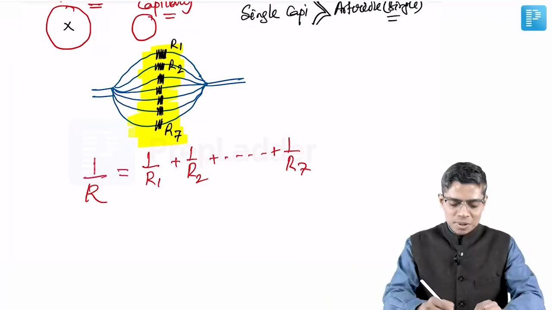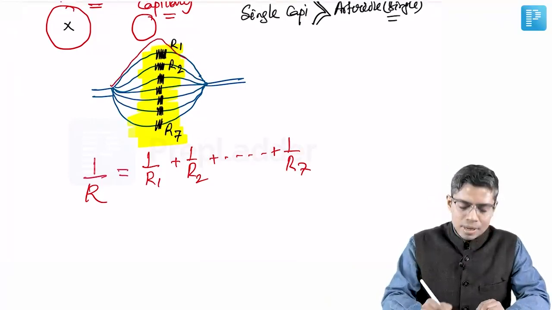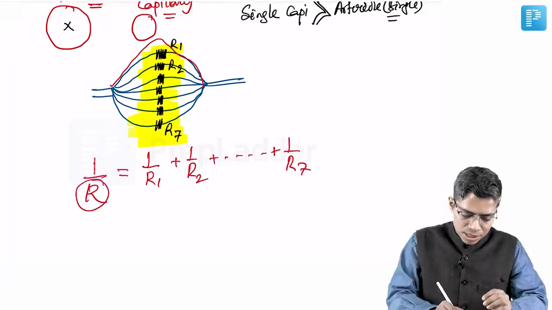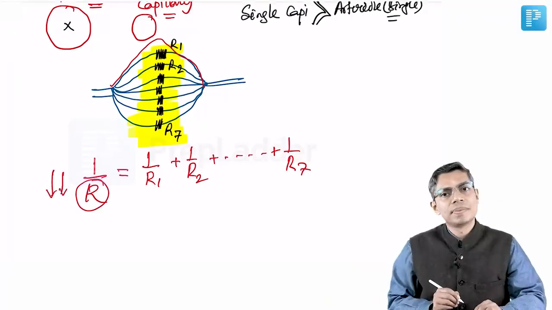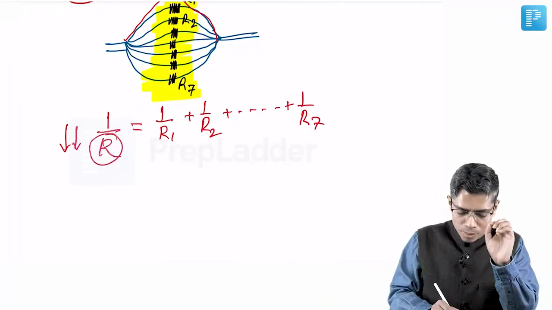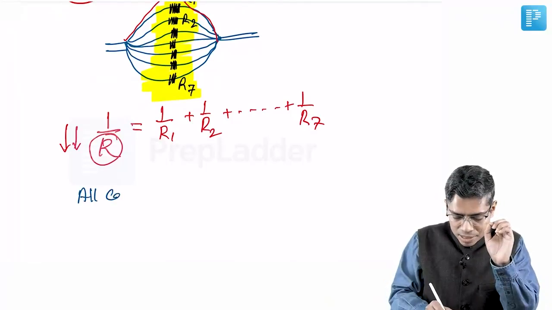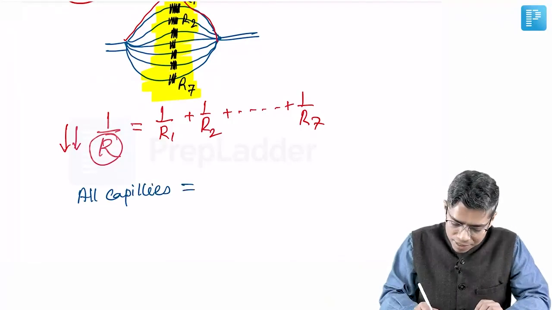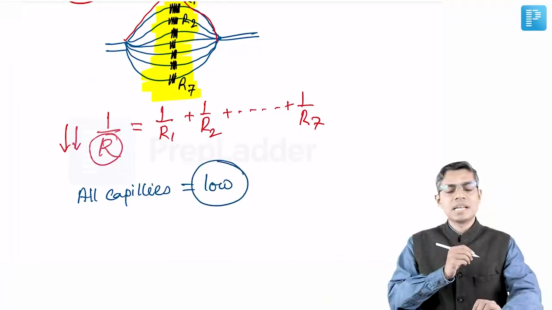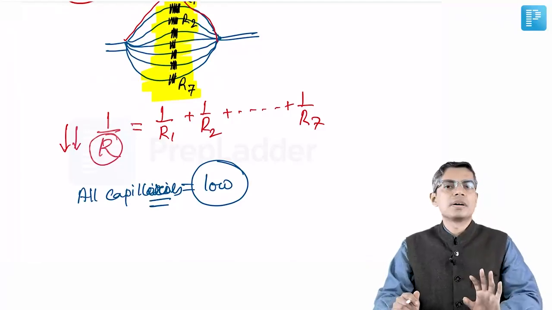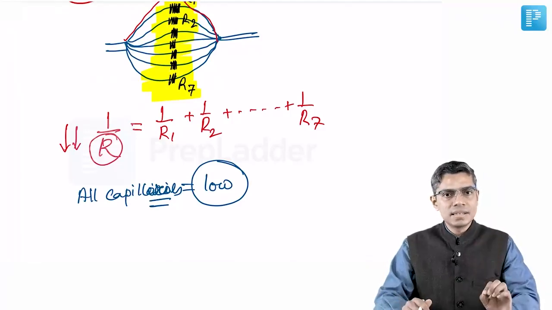So now you can understand that the more parallel resistances you apply, what will happen to the total resistance? The total resistance is going to fall. That's why whenever you combine the resistance of all capillaries in our body, it is very low, right? That's why the maximum resistance is not exerted at the level of capillaries, but it is exerted at the level